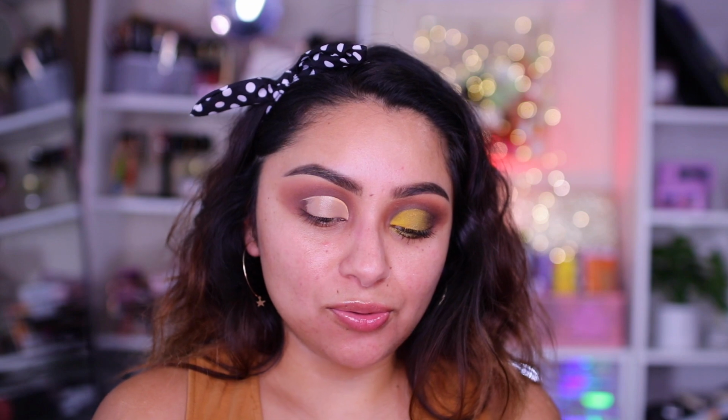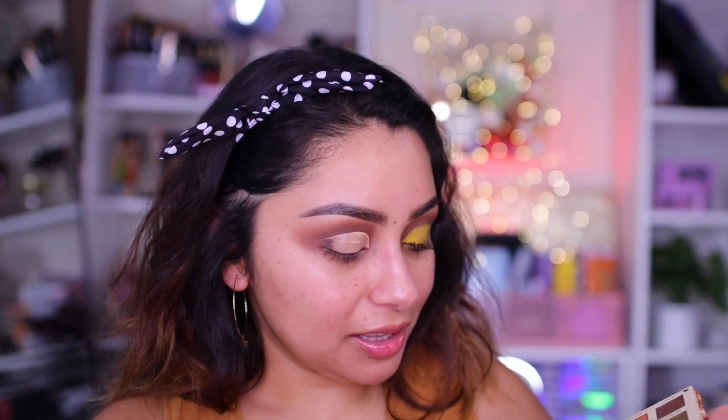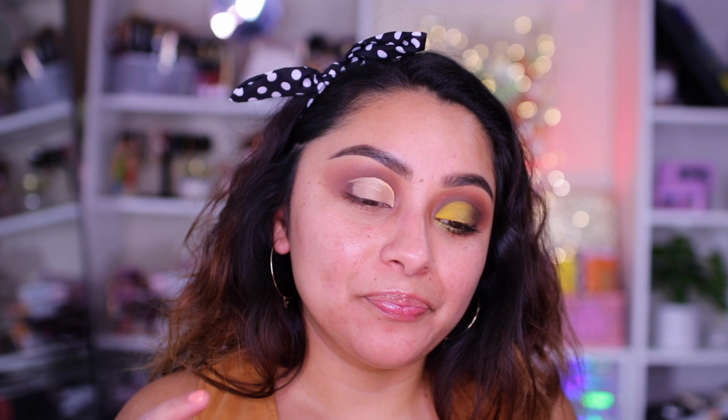So for the next shade, I wanted to just use the greens on the lid. I was going to go into the shade because it looks really beautiful, but then I looked at this and I'm like, that actually... It's like a matte shade but with shimmer in it. And I'm just waiting for this concealer to semi-dry down a little bit. I want it to be tacky so that this eyeshadow really sticks onto it, but I don't want it to be too watery. So I'm just finding the right